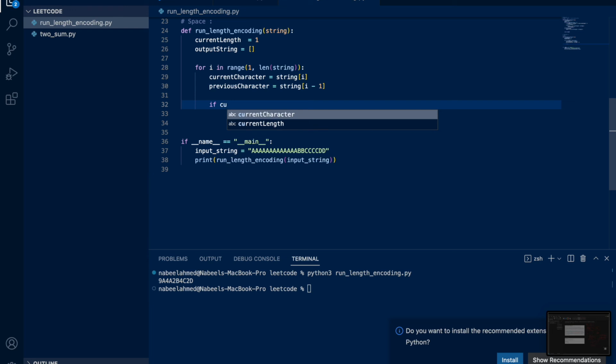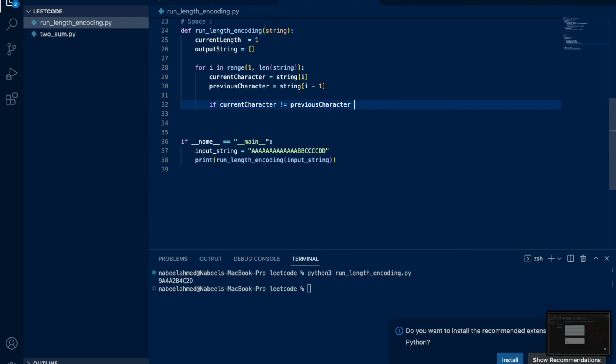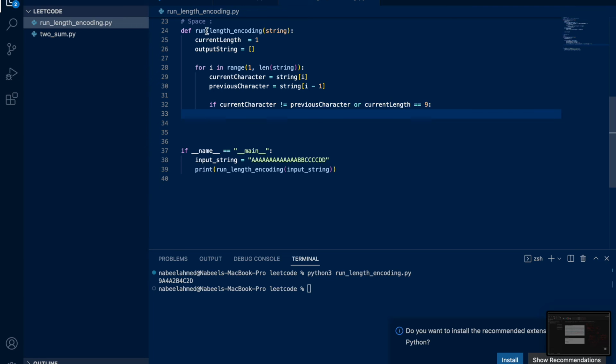And then we can run a simple check: if current character is not equal to previous character, and we need another check here, or current length equals 9. So either we are seeing that the current character is not equal to the previous character, or the current length has reached 9. In either case, what we do is